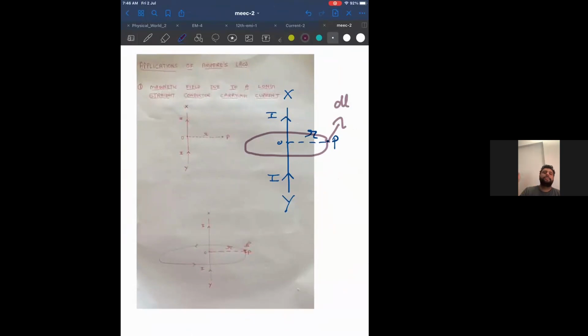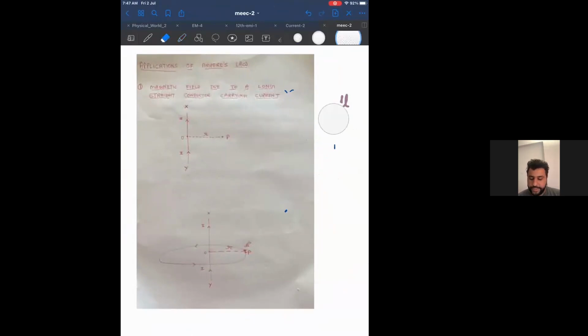Length L is the length of the entire circle, so point P will take a very small length dl. dl is a differential length, that means a very small length. Did you understand our assumption? Now can I say I can apply Ampere's law? Yes, now I can apply Ampere's law because point P has become a part of a closed surface. So whenever you are in any trouble in physics, start assuming, not only in physics, in life also, and proceed. If you're wrong, you're wrong. If you're right, very good, but at least you can proceed. Now all this is not exactly correct, which you'll realize later on; these laws are not exactly correct.